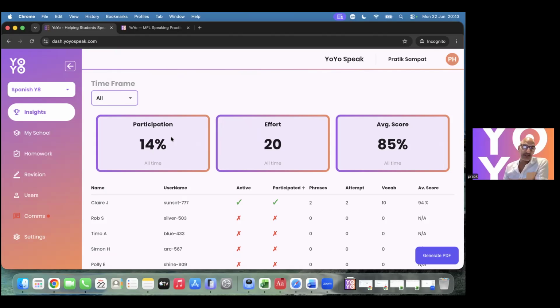There's two ways to, because it's set at a class level. So you either split your class in two and have, say, higher and foundation, or you would set homework twice, but then some kids do one homework and some kids do another homework. But the homework is set at a class level.